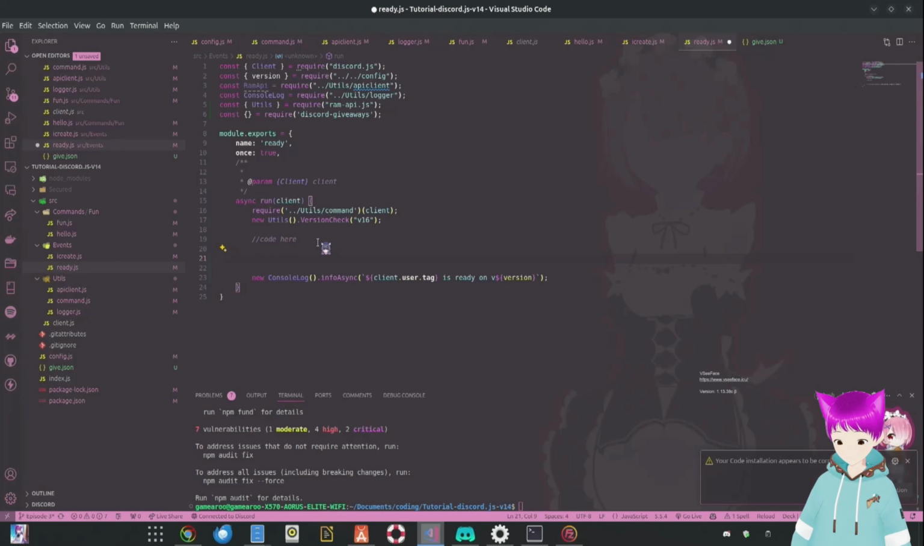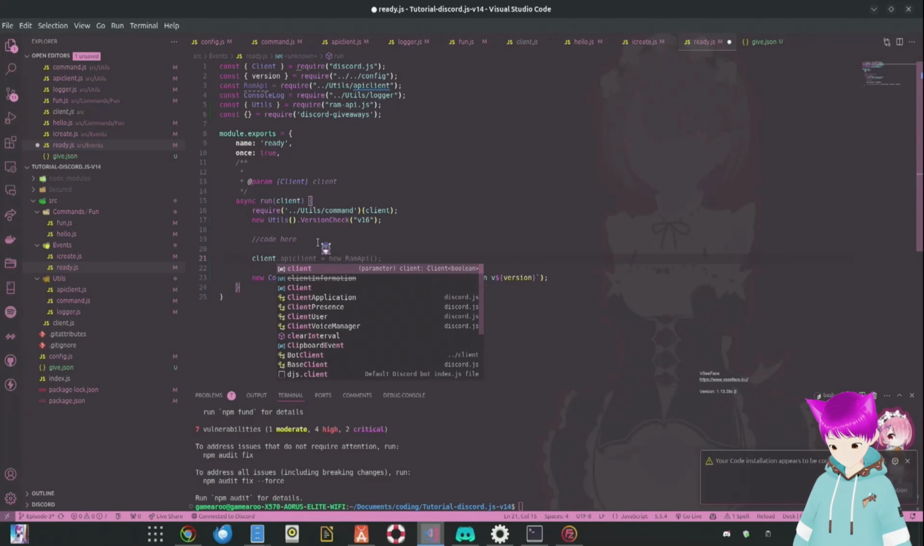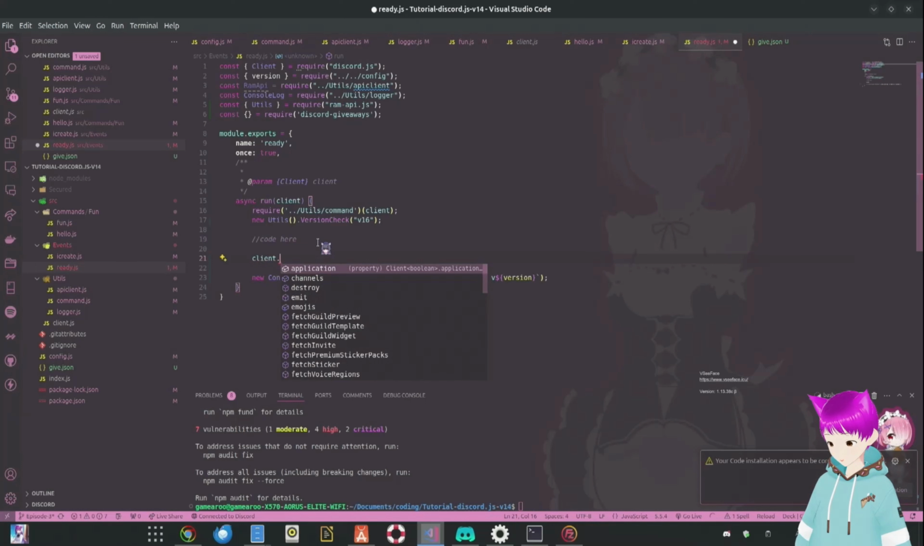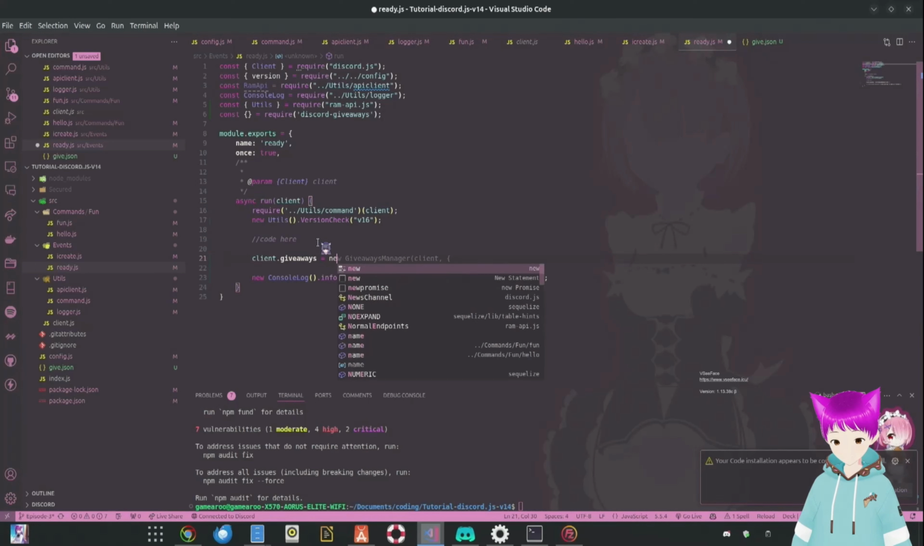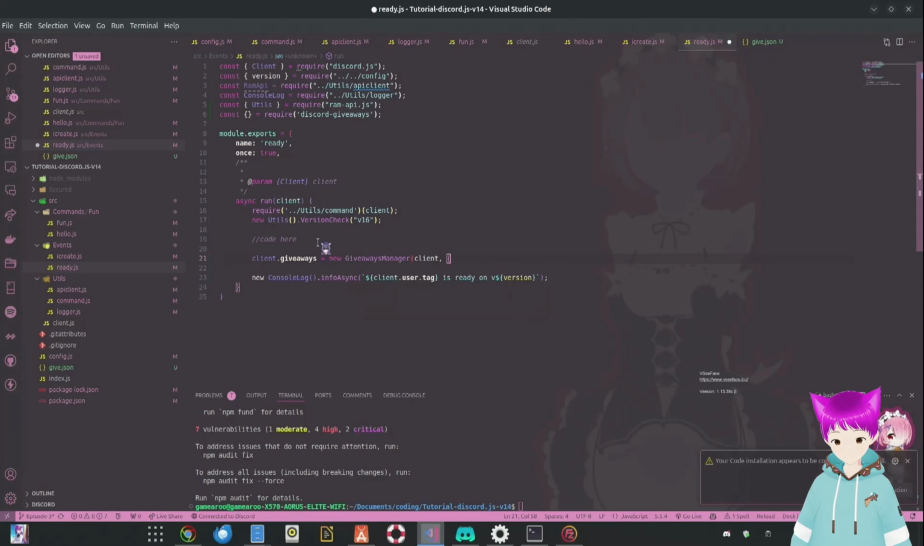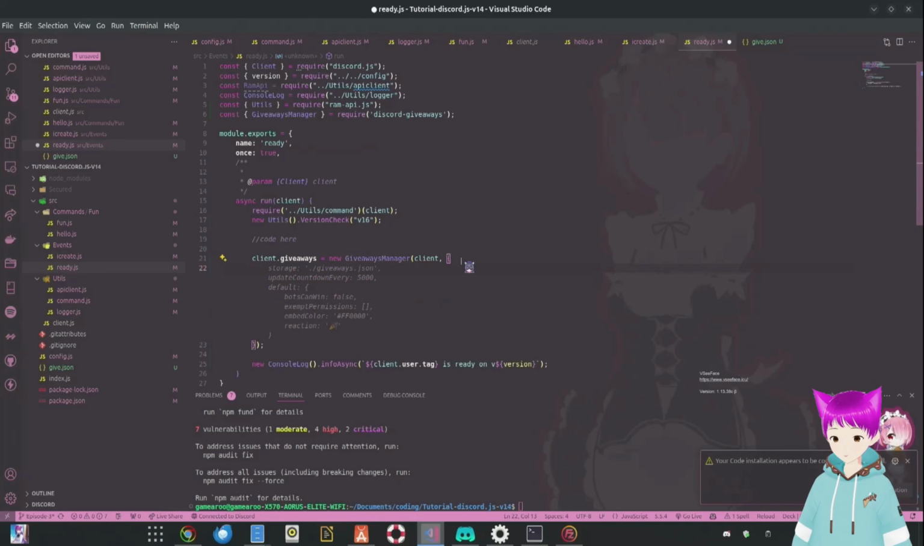So to do that, we could do client.giveaways equals to new GiveawaysManager. I'm going to import that from giveaway client here. Now we're supposed to put options here. Ignore this. So storage